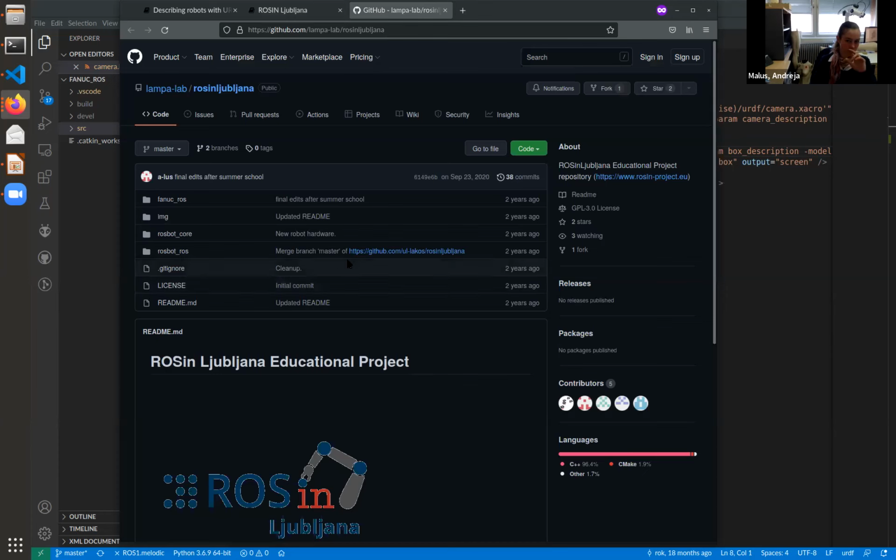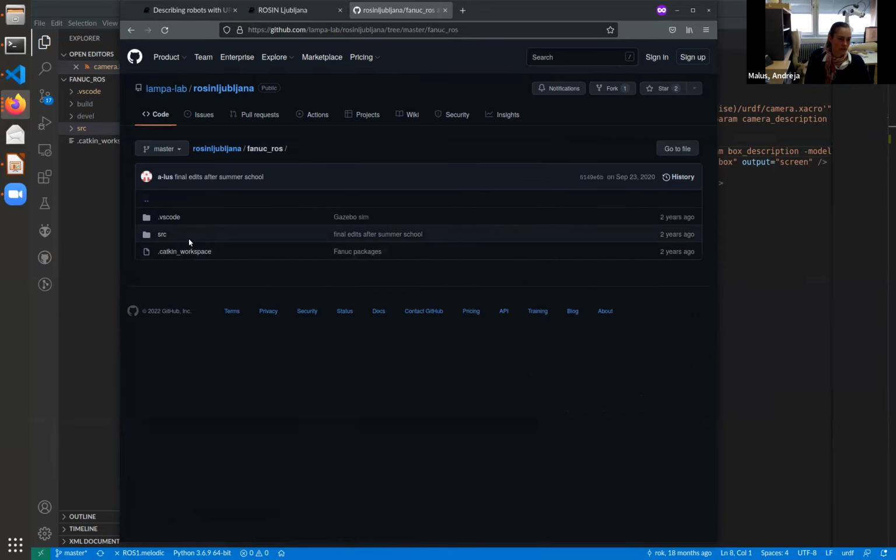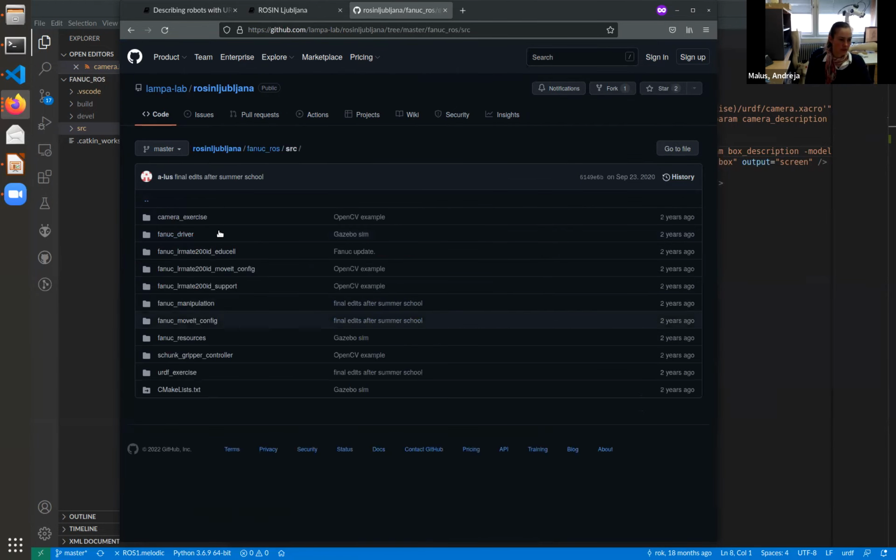So this is the repository that is publicly available, the repository of this summer school. So here you can also inspect by yourself the contents of this workspace. So we have code organized in packages. So we use the package urdf_exercise